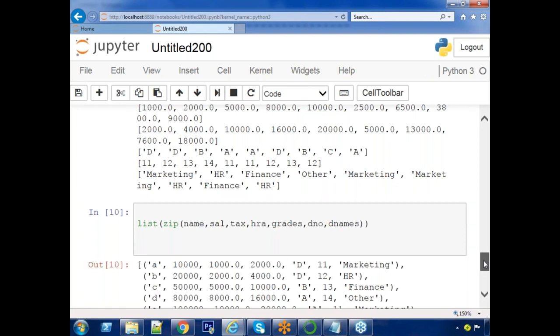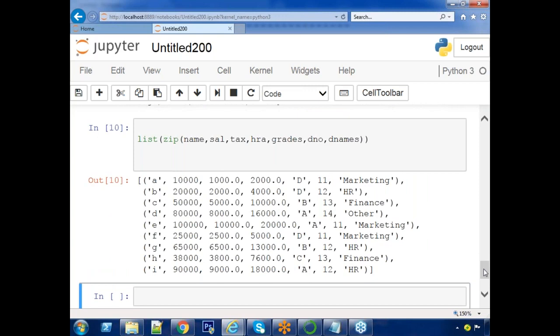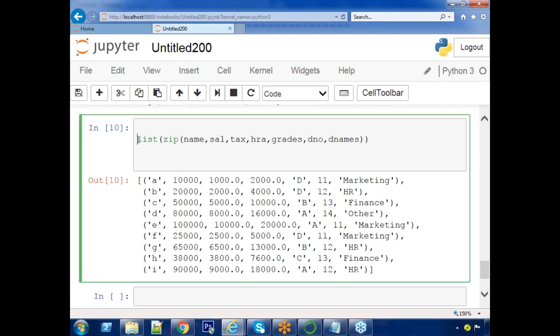By seeing that shape, tell me, sir, what is the type? List. Each element is what? Tuple. Understanding? Write down this. Let's say info equals to.